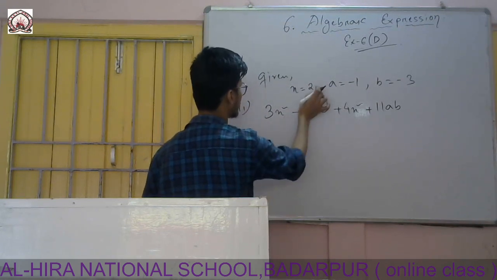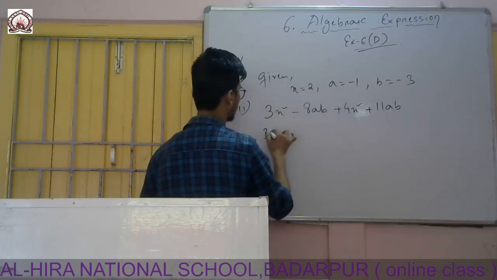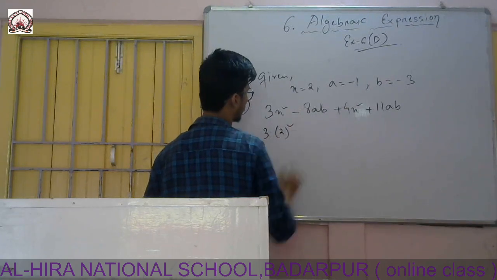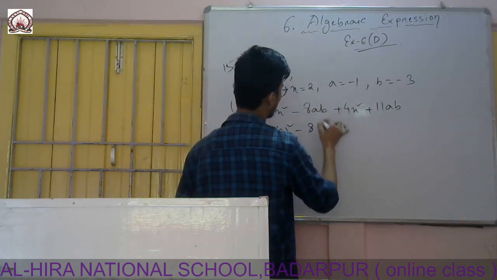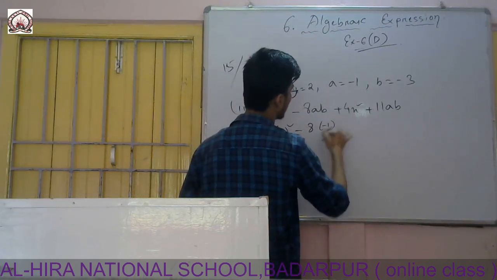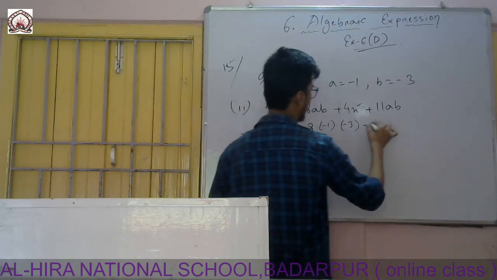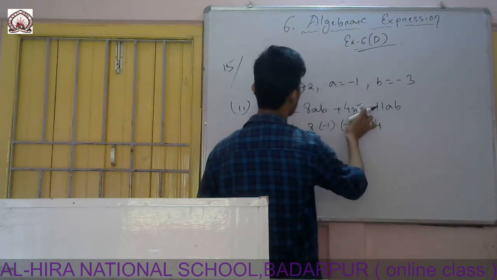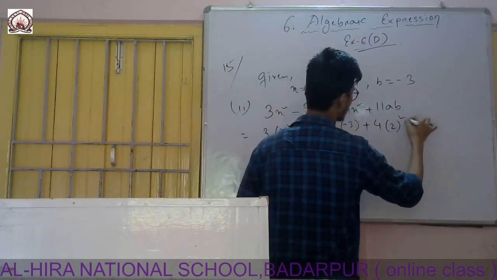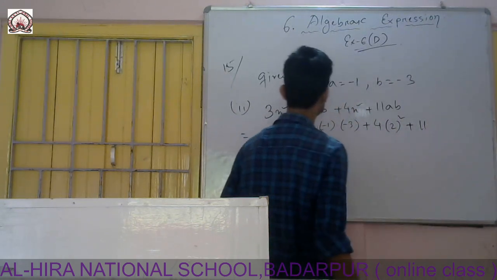So value of x is 2. So I will write 3 into 2 square minus, value of a is given as minus 1 and b as minus 3, plus again 4. Value of x is 2, that means 2 square plus 11 into,